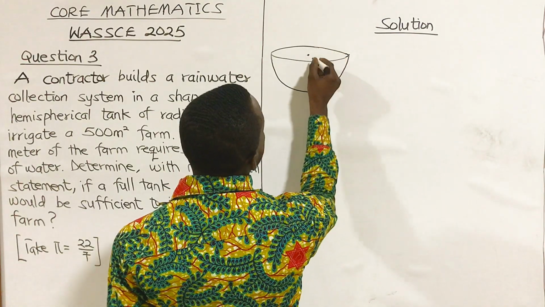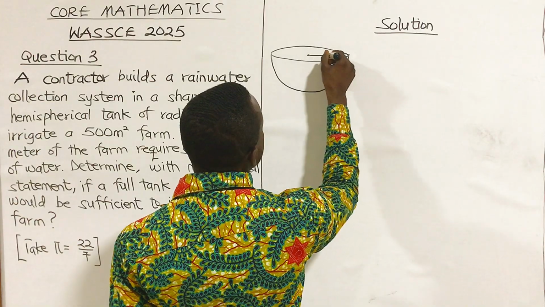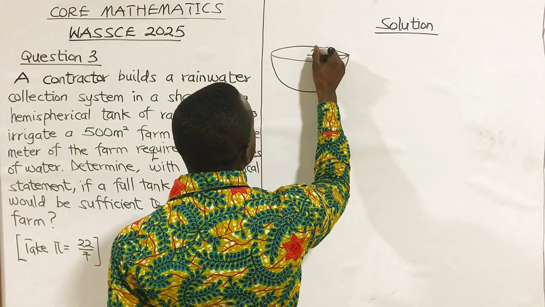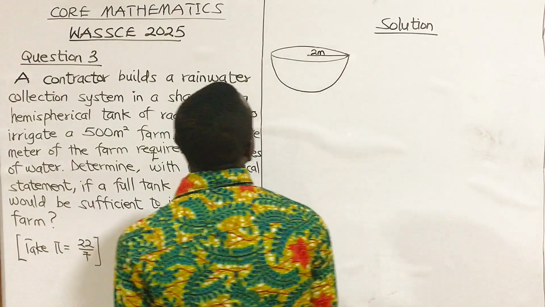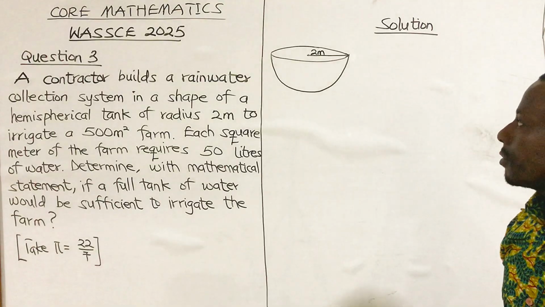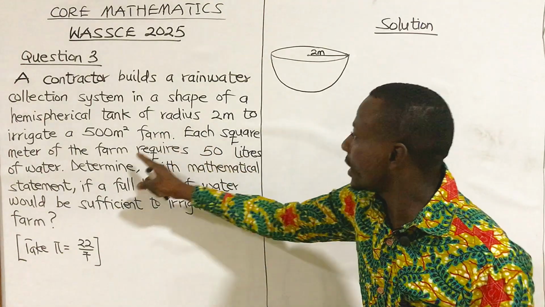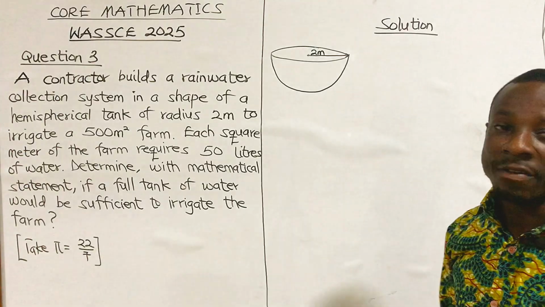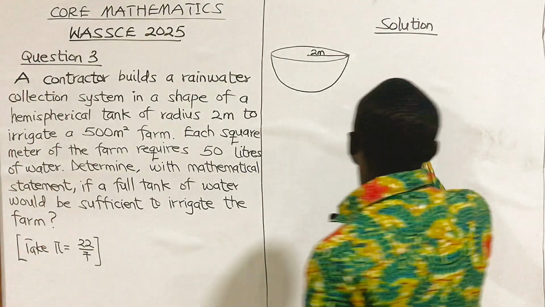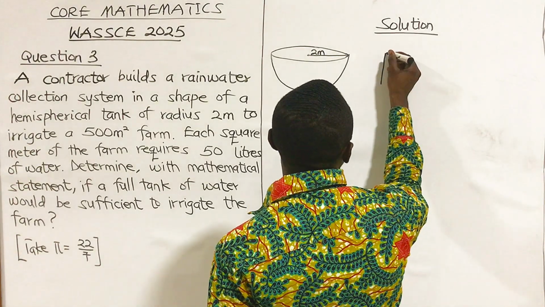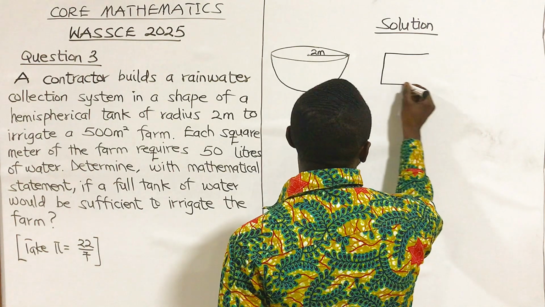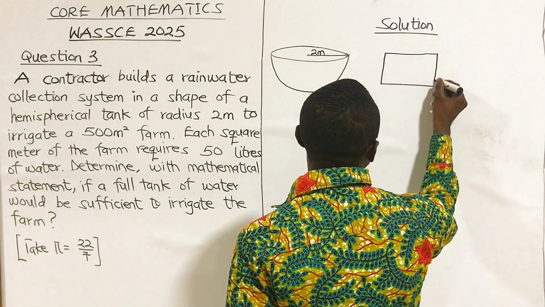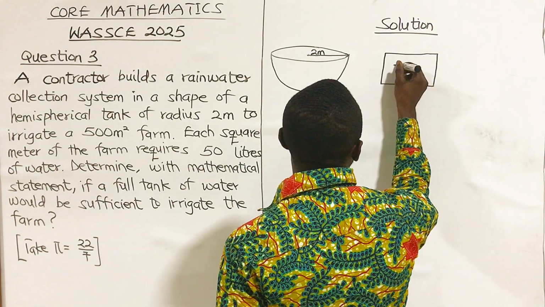The radius is 2 meters. So we have 2 meters here. And the question said to irrigate a farm of 500 meters squared. So let me put the farm here. So we have 500